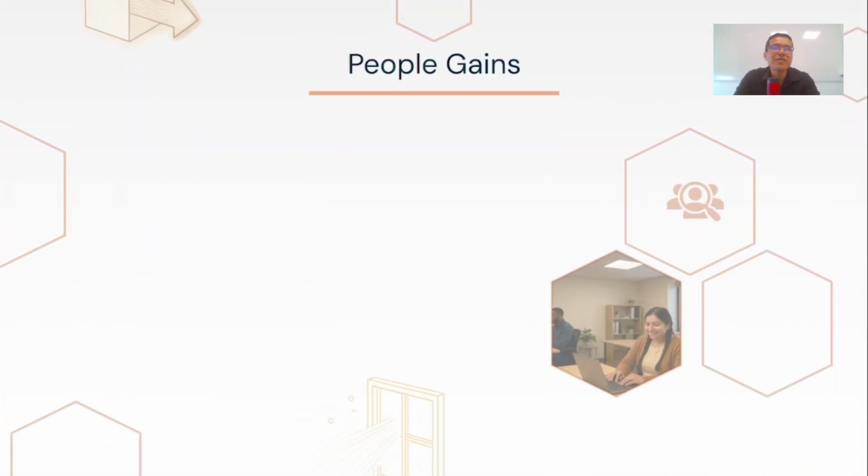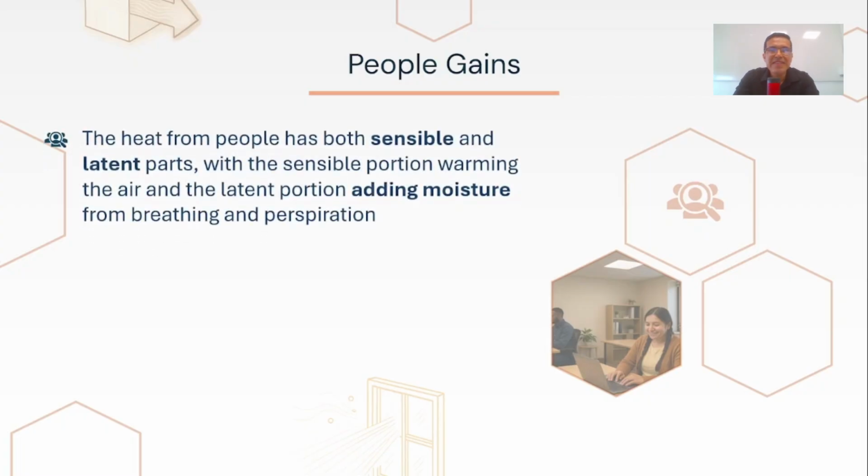The first and often most dynamic source of internal gains is the people themselves. The heat and moisture generated by people have both sensible and latent components. The sensible part is the heat that raises the air temperature, while the latent part comes from moisture in our breath and perspiration. It's a key factor in cooling loads, and it is crucial to keep the two parts separate in